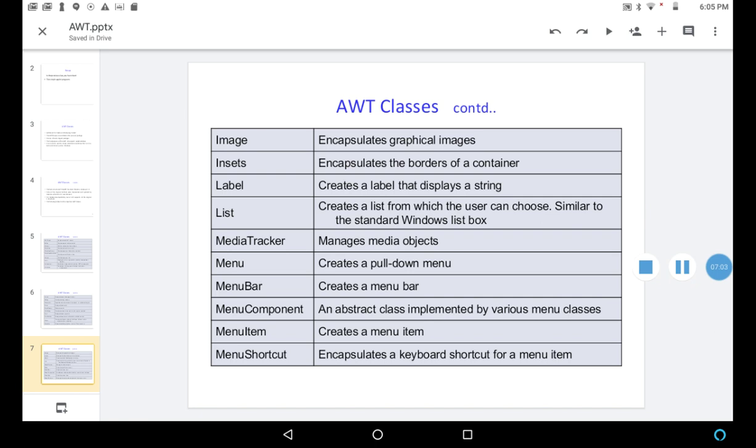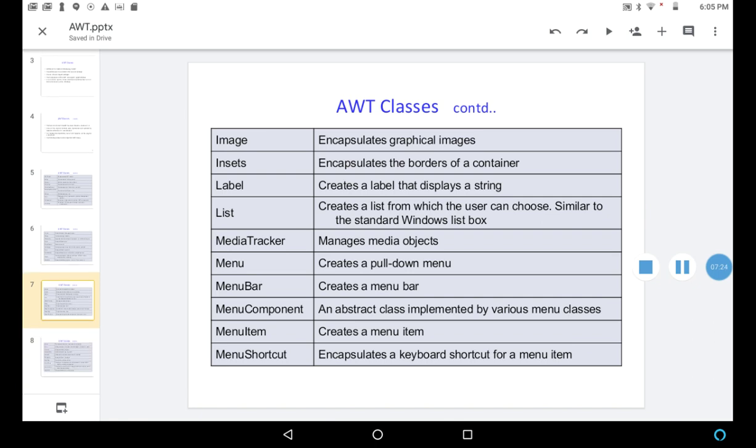List creates a list from which the user can choose, similar to the standard Windows list box. Media tracker manages media objects. Menu class creates a pull-down menu. Menu bar creates a menu bar.